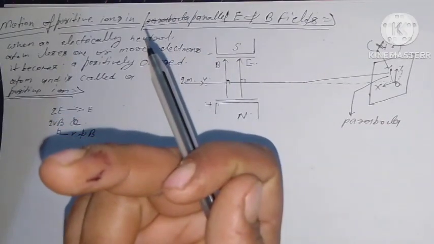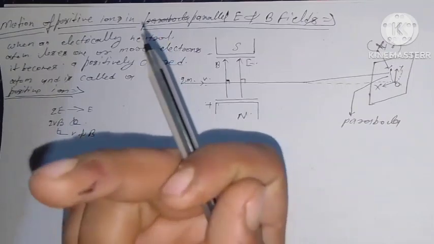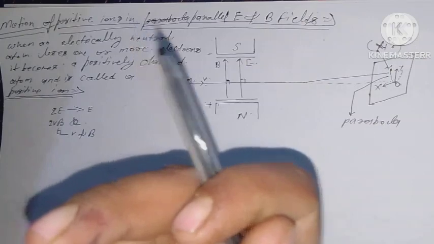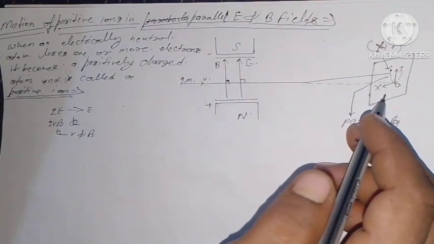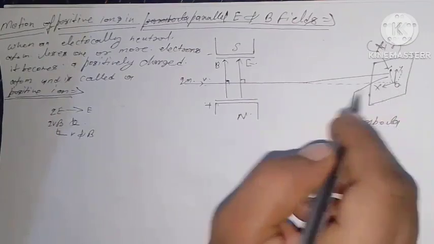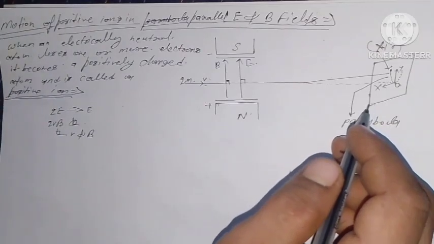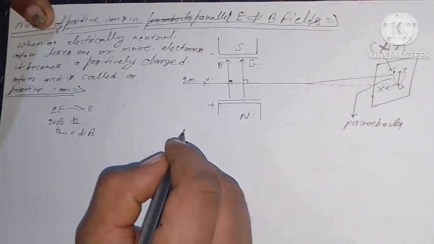Therefore, during its passage through the field, the deflection of the ion due to the electric field is in the y direction, and the deflection due to B is in the x direction. Okay, the deflections on the screen are given by